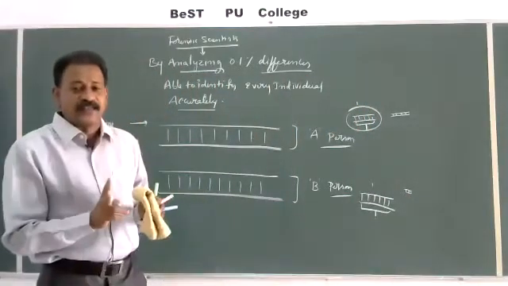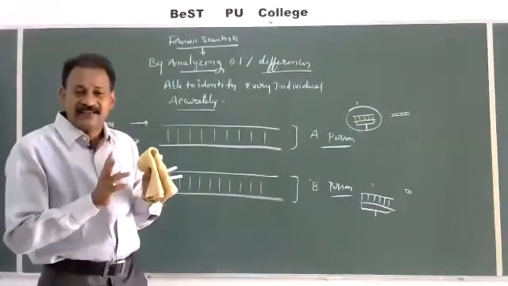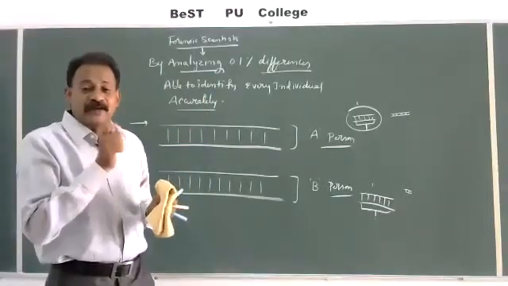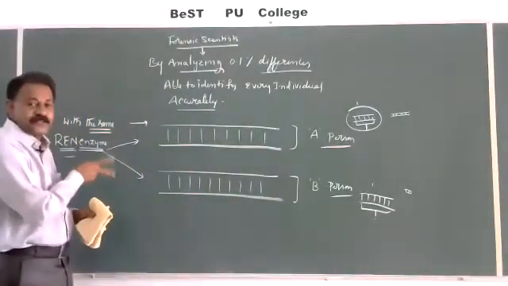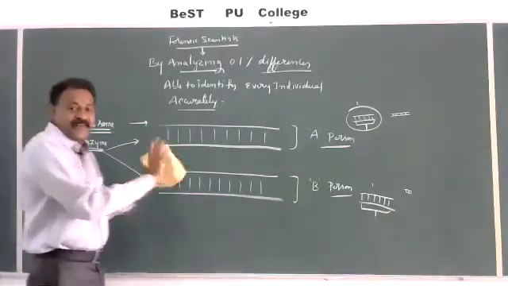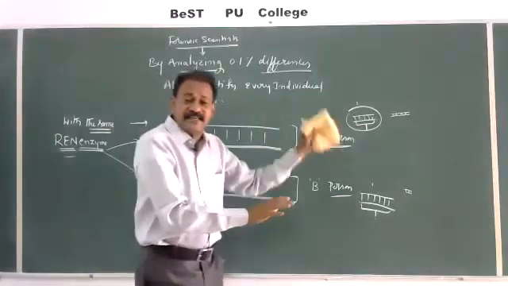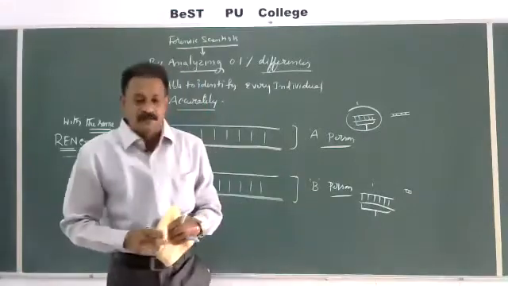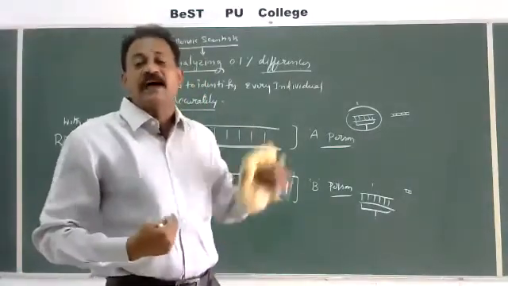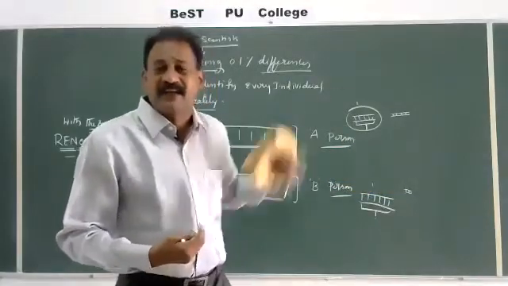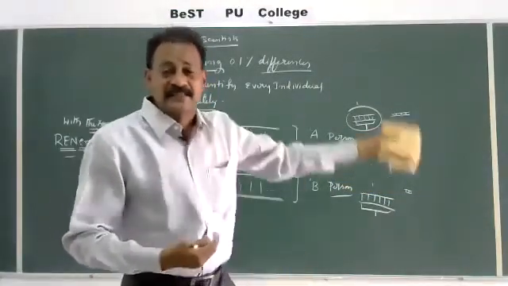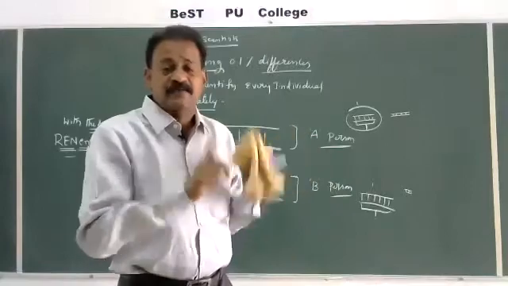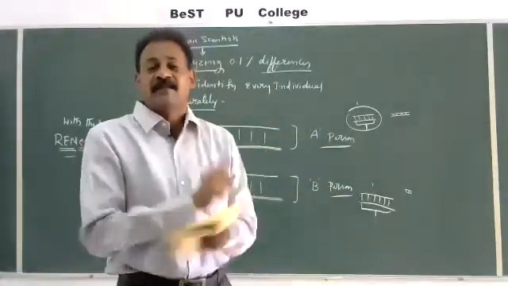So two human beings have DNA sequences that are 99.9% the same. The 0.1% difference means that when the same restriction endonuclease enzyme is applied to both DNAs, they will not give the same fragment size or length; different fragments will appear. That is the specificity of every human being. My DNA will have my own restriction fragment lengths, having VNTRs in my fragments. Another person's DNA has different lengths. No two individuals, except monozygotic twins, have the same length.